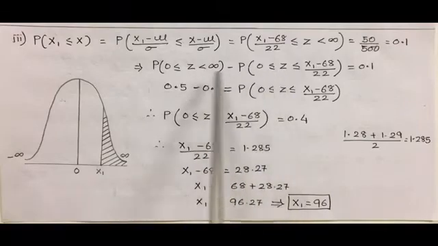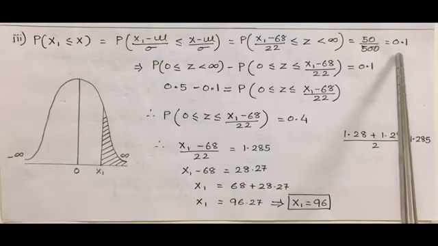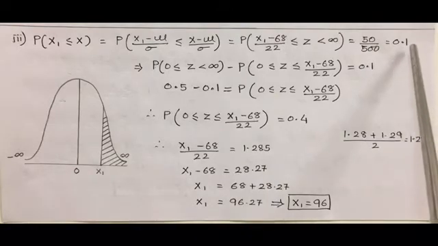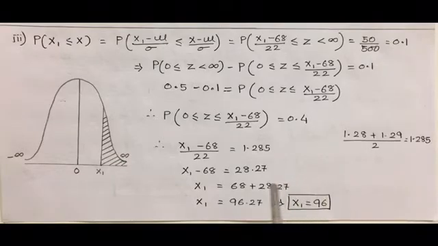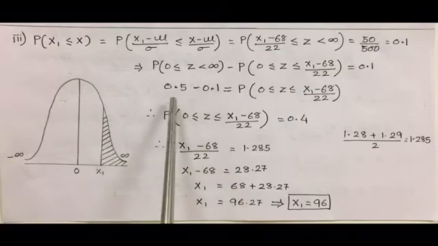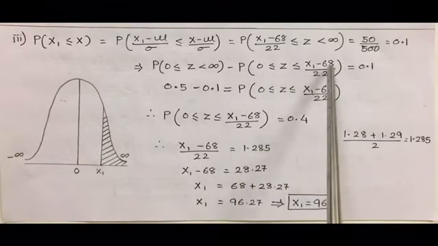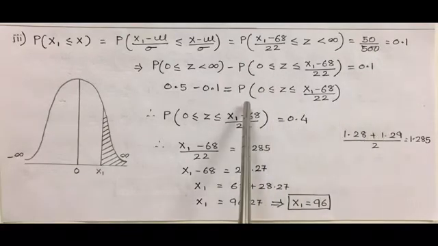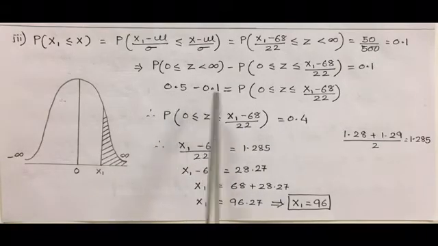Now why have we subtracted both? The reason is, 0.1 is less than 0.5, so the areas get subtracted if the area already given is less than 0.5. The 0 to infinity area is 0.5 minus 0.1, and the probability 0 to (x1 minus 68) upon 22 is taken to the other side of the equality, so it becomes positive. 0.5 minus 0.1 is 0.4,